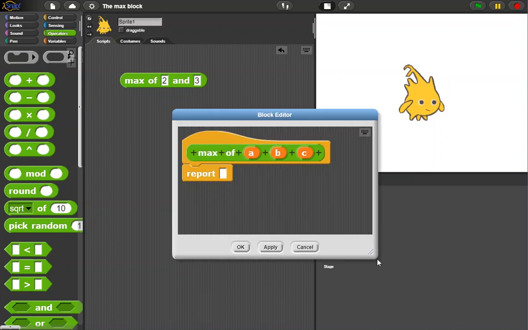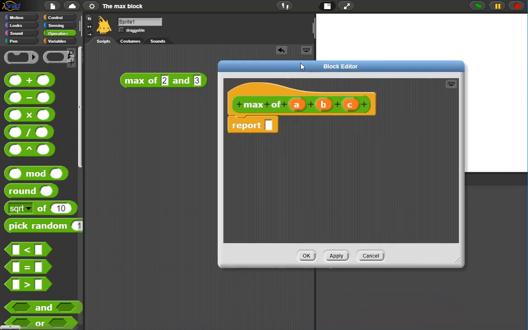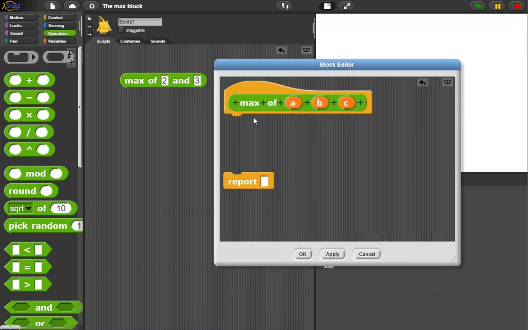I'm in the block editor. Now I could go through and put a whole bunch of if-else statements. I could say something like, if A is greater than B and A is greater than C, then report back A. Else if B is greater than A and B is greater than C, and so forth. I could go through all that, but I'm going to use the fact that I've already made a block that